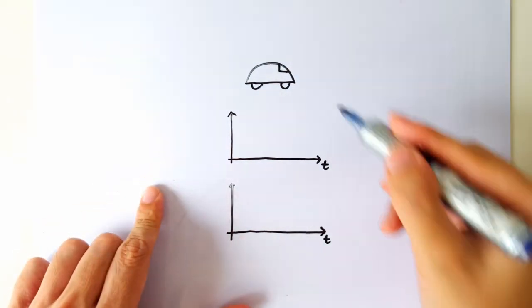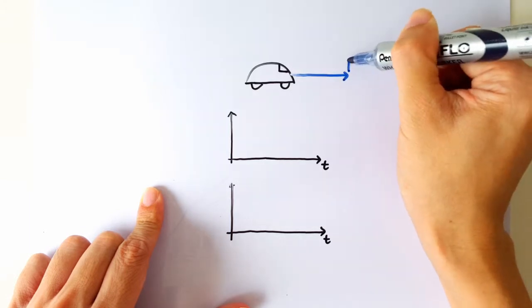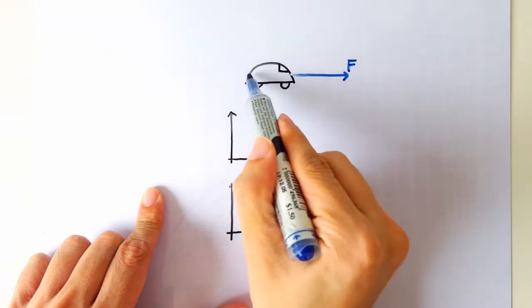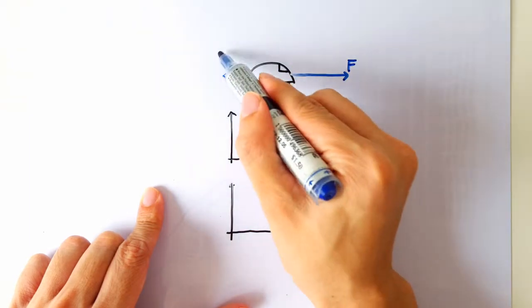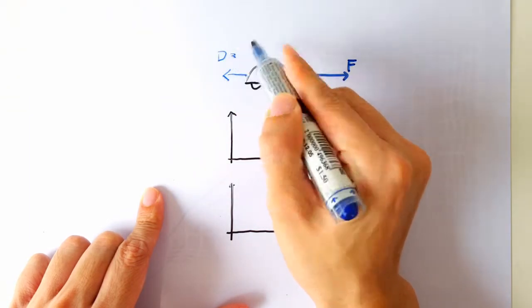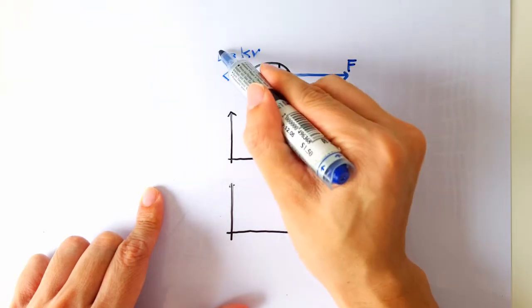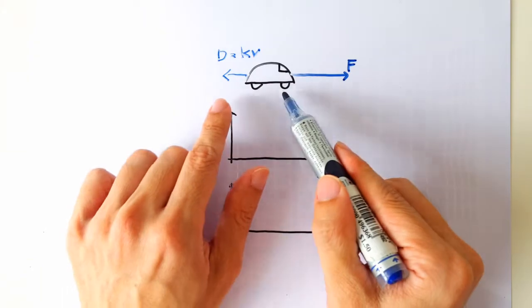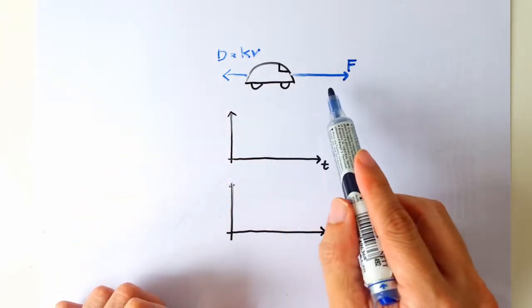Okay, so there are two forces acting on the car. There's the forward propelling force F, which is constant, and there's the backward drag force, which is proportional to the speed. So let me write it as K times V. So V is the speed. So at first, the car is going to accelerate because there's a net force in the rightward direction, and therefore